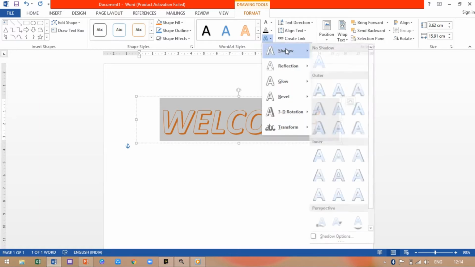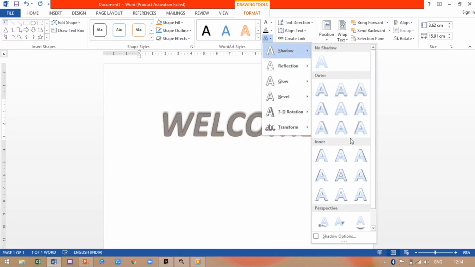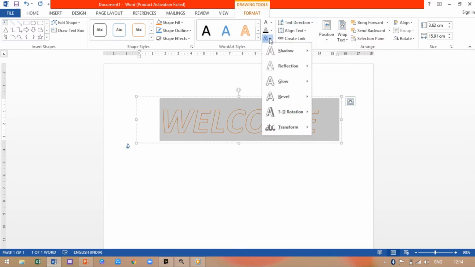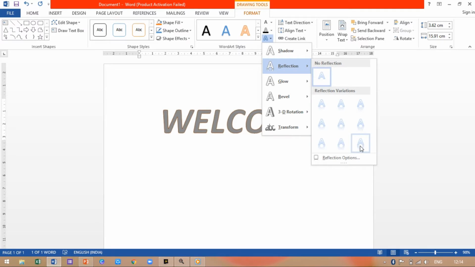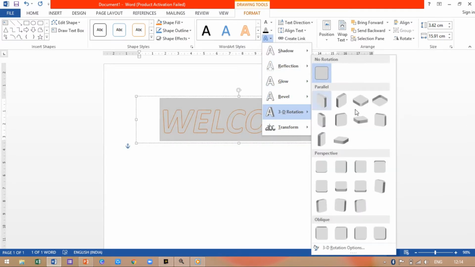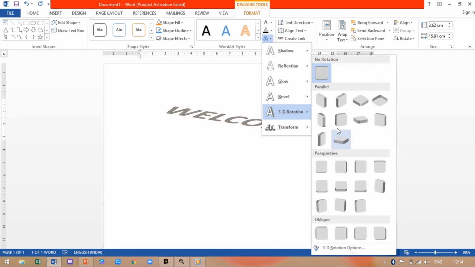Now in Text Effects you have various options. You have shadow. If you want to give shadow to your text, then you have the shadow option. Then if you want reflection, then you get a reflection. Then if you want 3D rotation of your word, then you can give 3D rotation